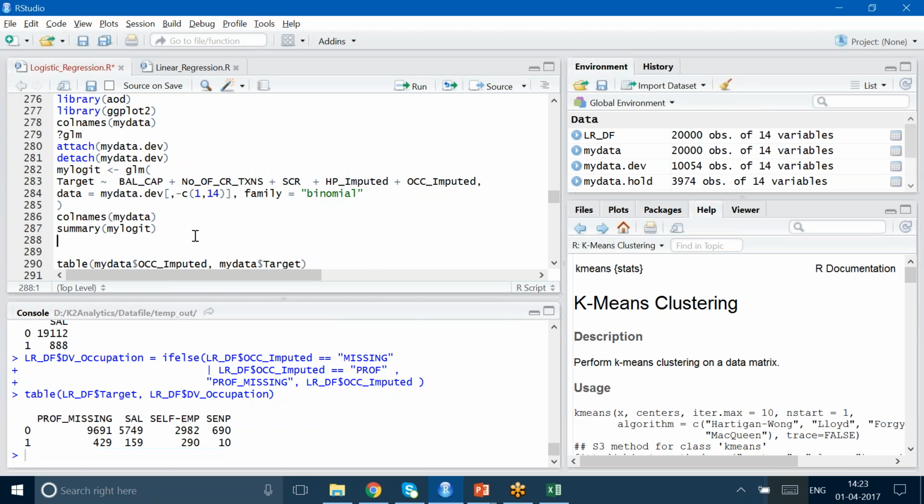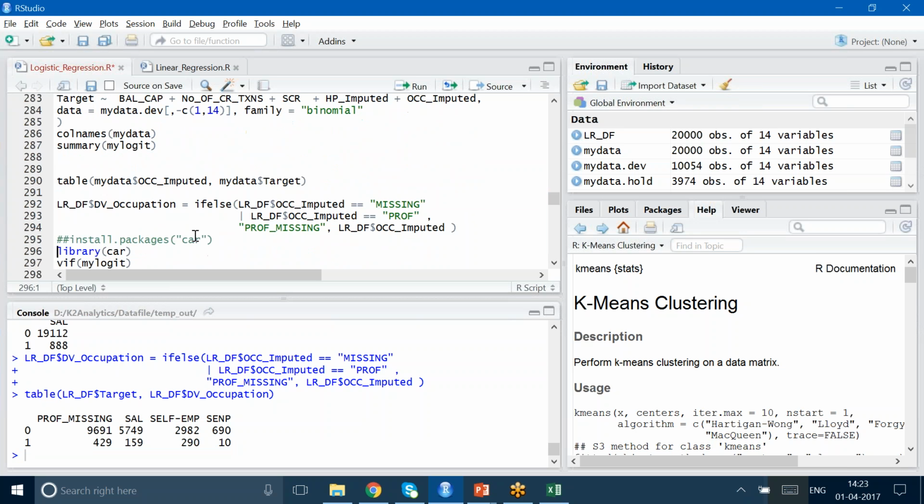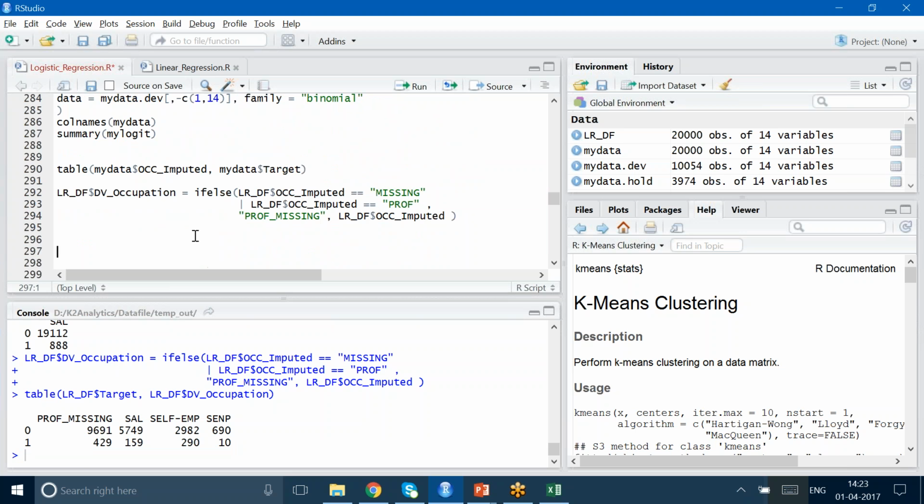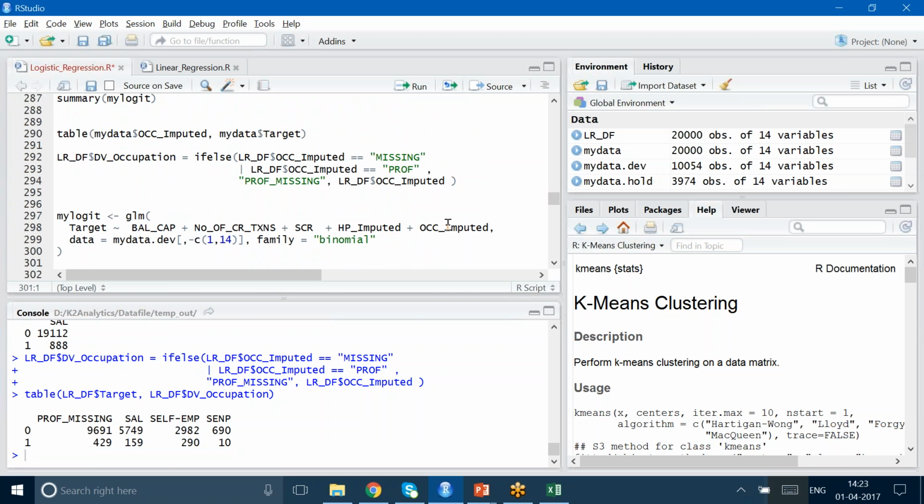Once you have done it, again you have to take your code and come here. This is the iteration that you have to keep doing. For each variable, if the betas are not stable, you have to keep making them stable. So now what is the new variable that we have created? dv underscore occupation. Okay, so with this,